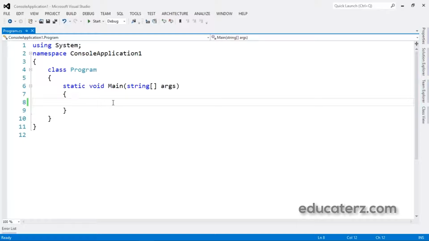Suppose you have a condition first, then it will check that condition, and only then it will print the values. For that I am taking an integer variable a equals 10, and let me take a while condition. With while, first it will check the condition, as I said.